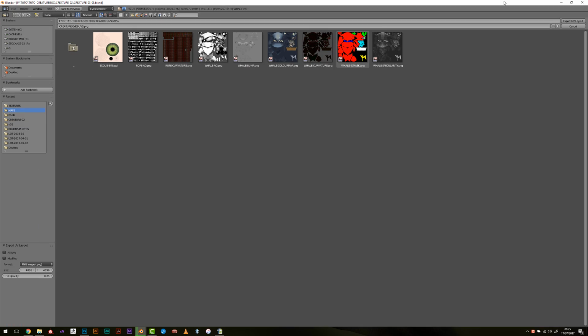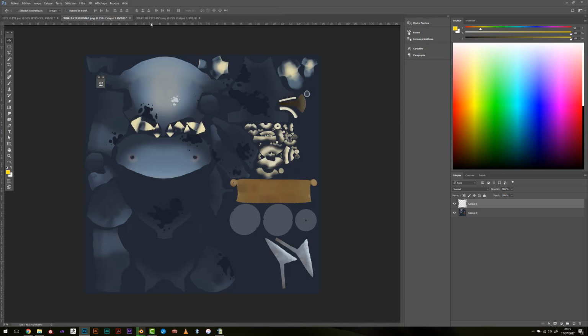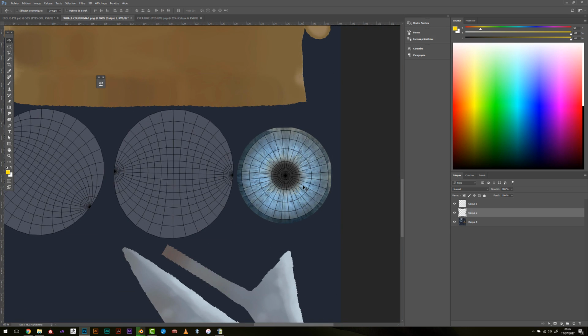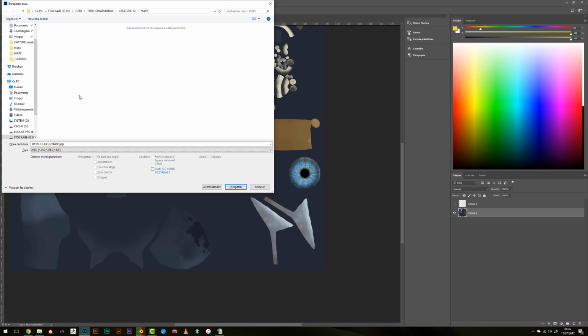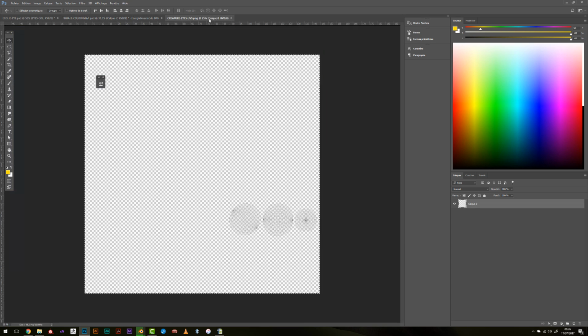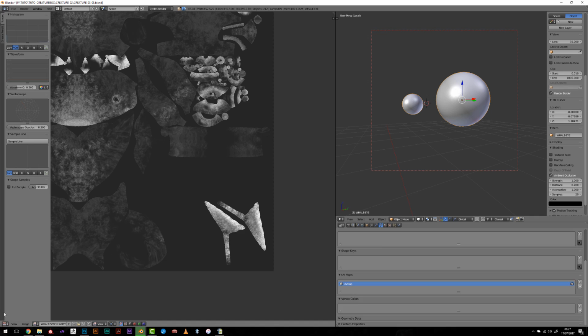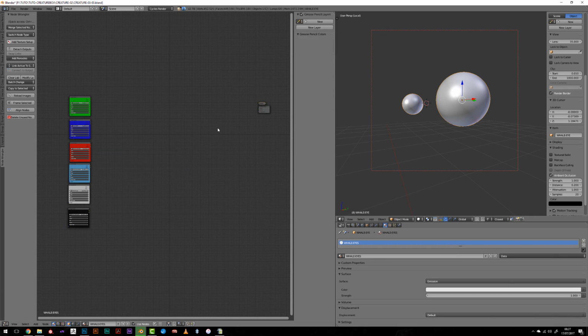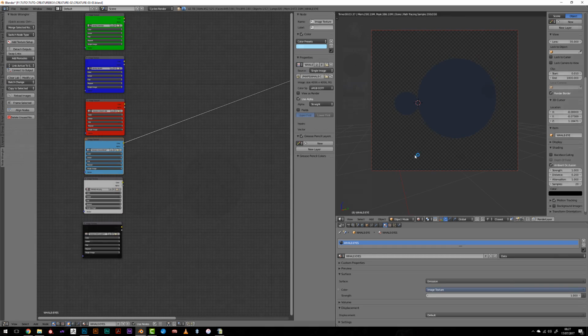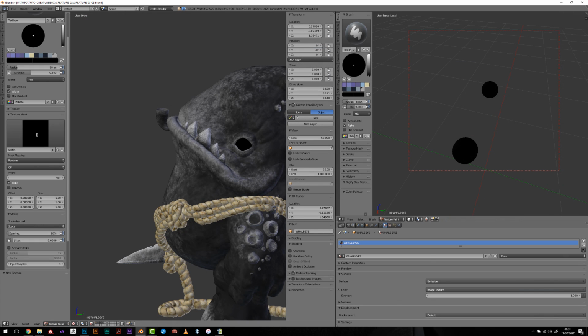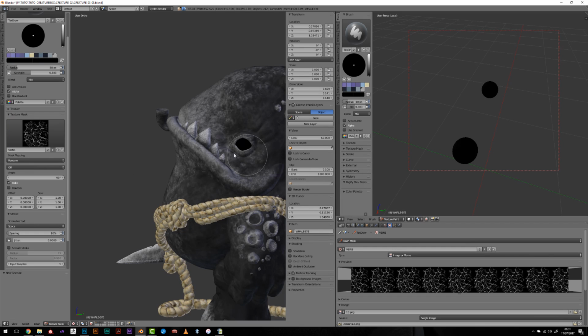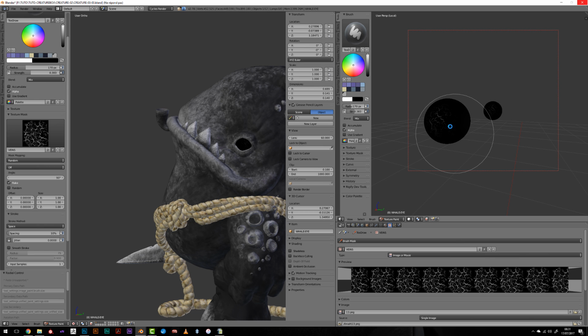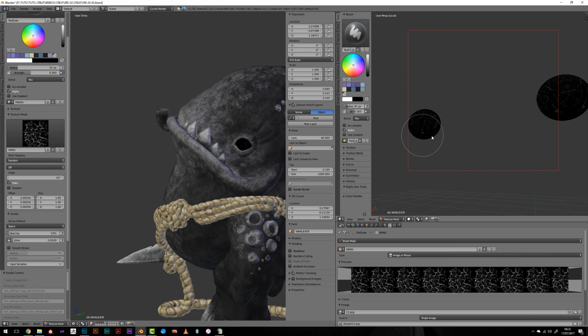For the eye's iris, I use a file that I'm always using for all my characters when I want to go fast. It's a photo-based iris that I have cleaned up and added just a hue and saturation filter in Photoshop so that I can change its color. So it's really simple, and I then convert it to a map and do stuff like this.